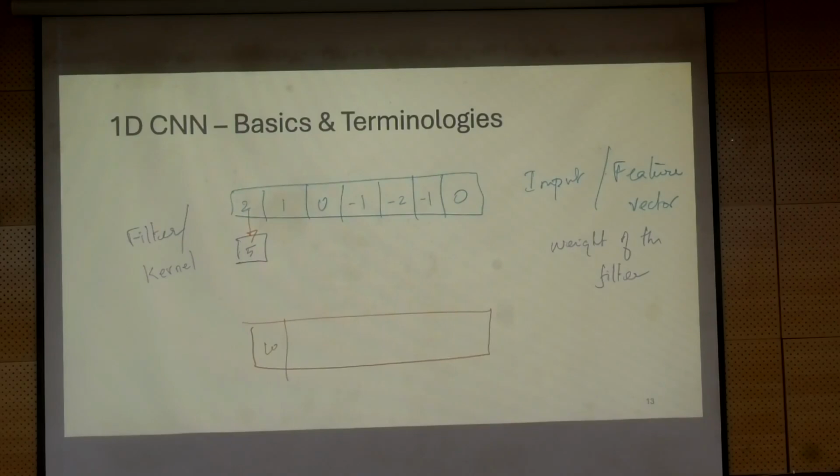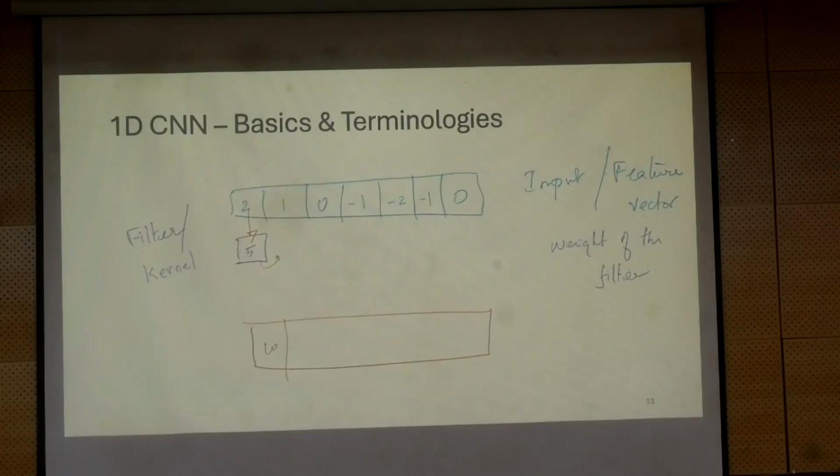So when you walk, how far your next step is, that's a stride, right? So you can take a stride of 1, a stride of 2, or stride of 3, and so on and so forth. So your filter can actually take strides of different lengths. So the stride, usually we will say stride 1.